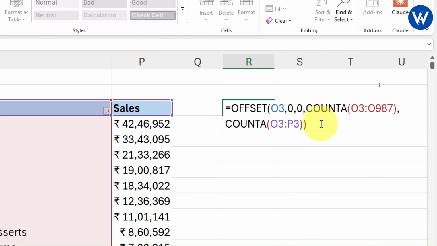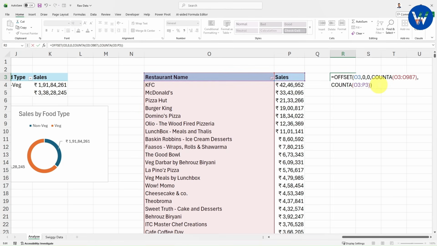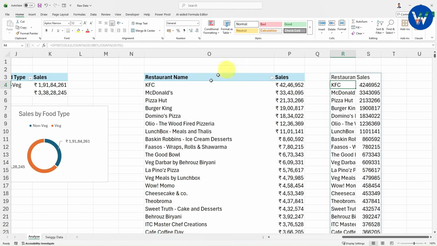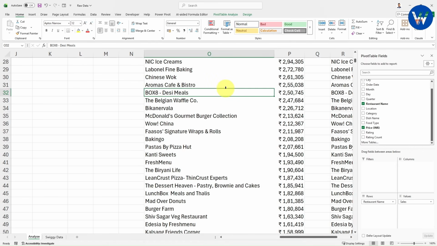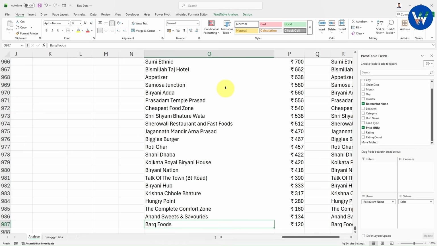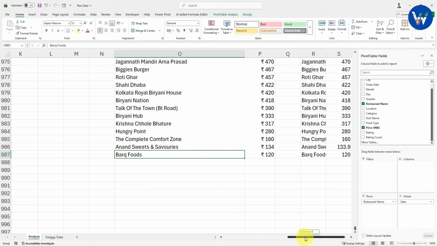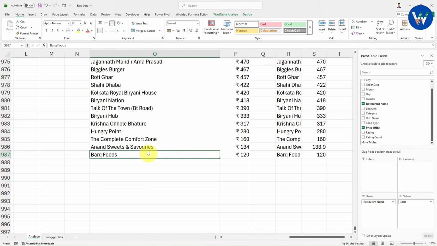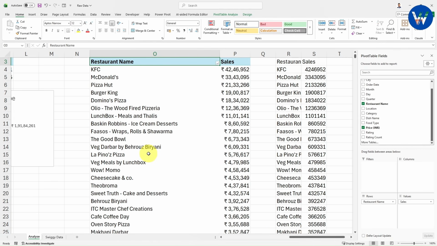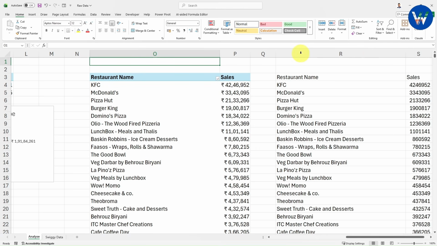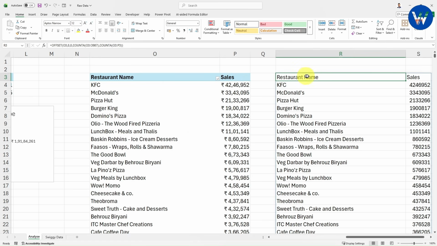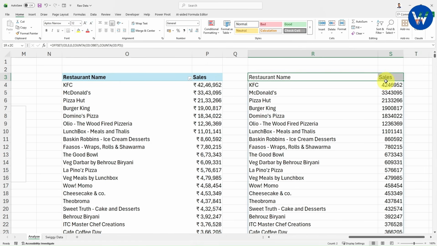Now look here guys, just to see the magic, once I click enter, you will get the duplicate of this pivot table. If you want to see the last one, let me scroll down. So with the help of the OFFSET function, you can create the duplicate of this. Let me show you why I created this. Suppose you want to make any changes to this original pivot table, automatically the changes will apply in this range which we have created with the help of the OFFSET function.